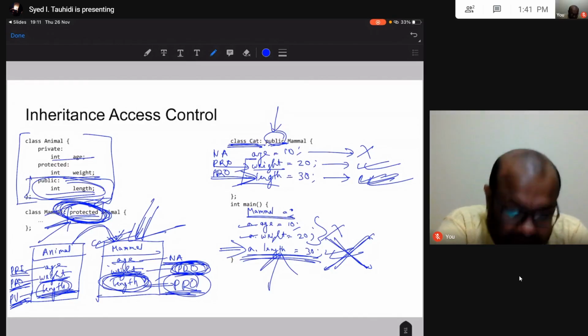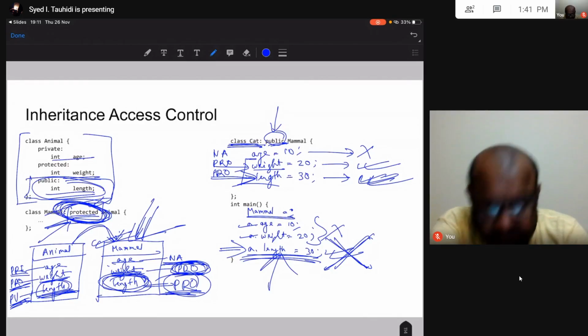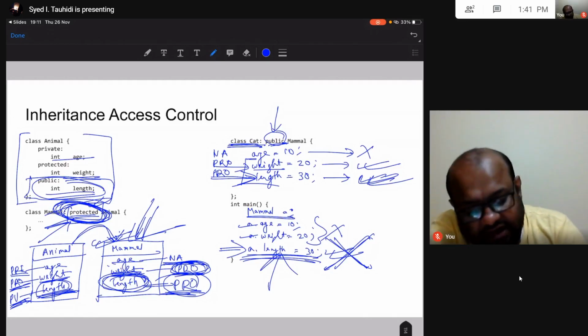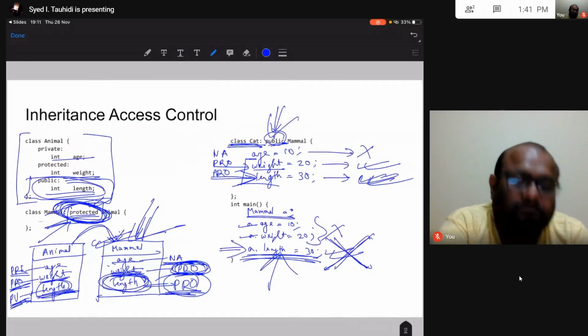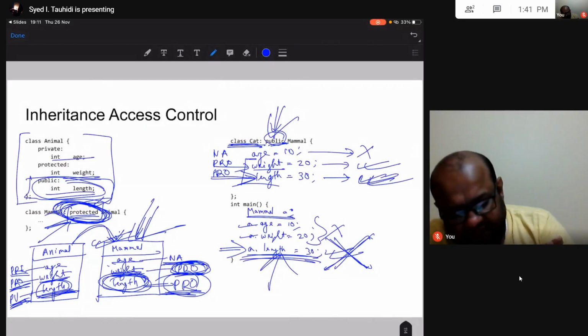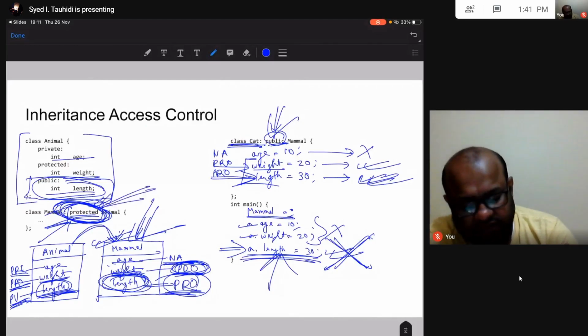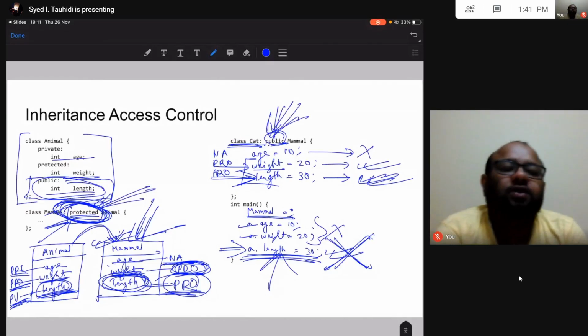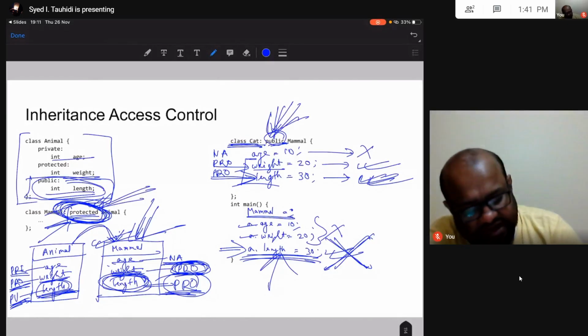I want you to create a class called Persian cat that inherits from cat, and then this thing I want you to change from public to protected to private. So how many combinations are going to be there? Here I have 3, here I have 3. So 3 into 3 is going to be 9 combinations. Let me erase all this clutter.